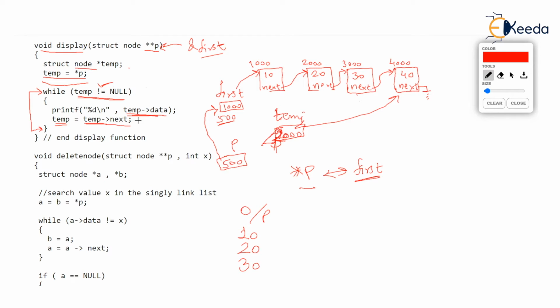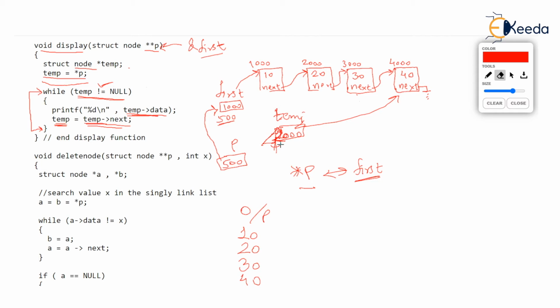Let's go back to while. Is temp still not null? Yeah, true, because temp is pointing to the 4000 address. So enter the while and print temp arrow data. Temp arrow data this time is 40. And now starts the fun part. After that, temp should point wherever temp arrow next is pointing. But notice, what is temp arrow next? Temp arrow next is null. That means on the left hand side, temp will literally become null. Temp is a pointer and temp is now becoming null.